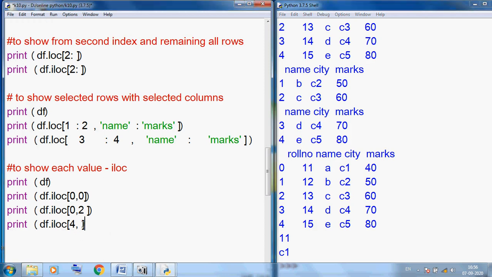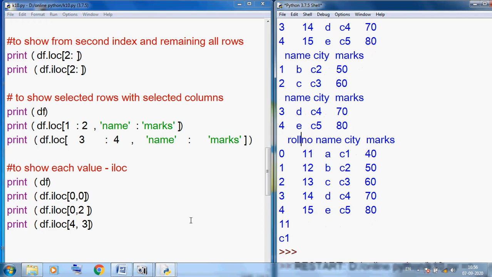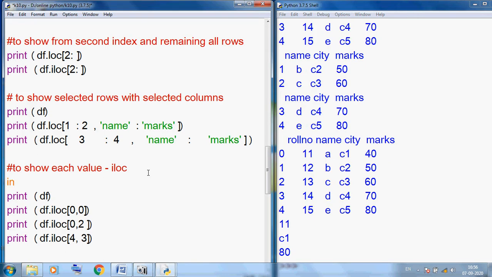So 4 comma 3, because we know very well that before the comma is the row index and after the comma is the column index. So you can see finally we accessed our 80 value. So in iloc, before the comma is the row index and after the comma is the column index.